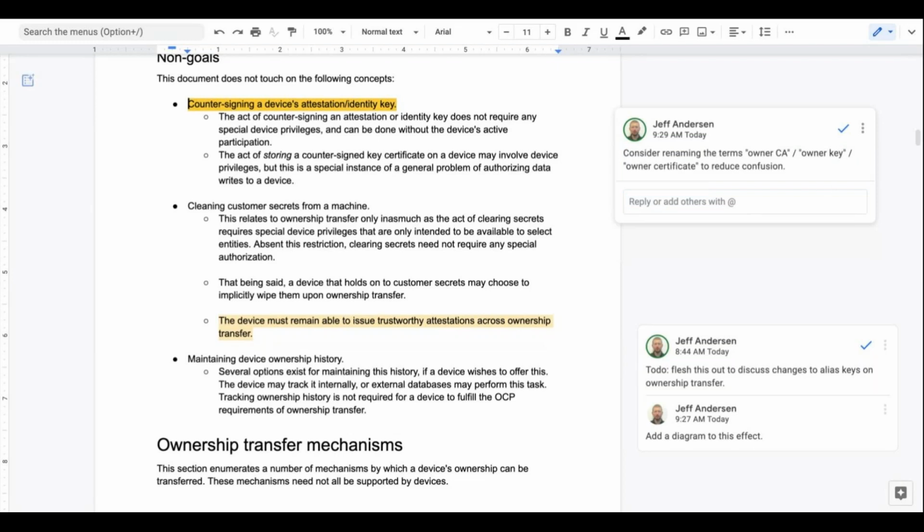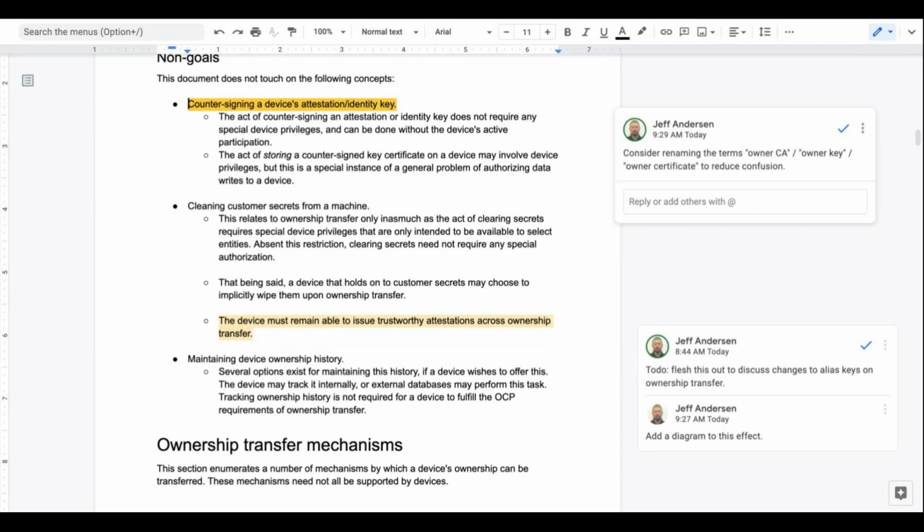Yeah, and do we have to revoke it or something? Yeah, you would revoke it offline. You don't need the device for that. What if the device got stolen before you got to revoke it? You would do the revocation offline. Yeah, so that's an important thing to put in this document too, which is don't forget to revoke your ownership certificate, I guess, if you do this.